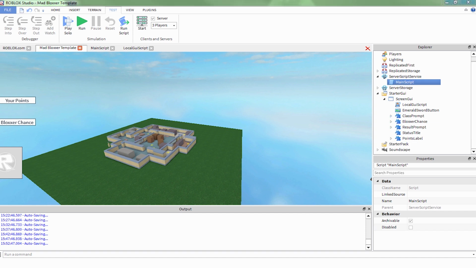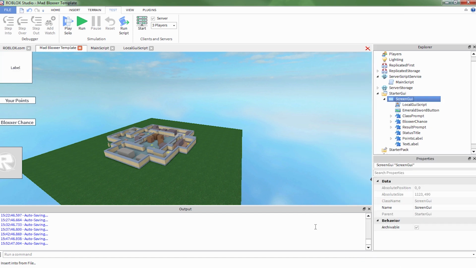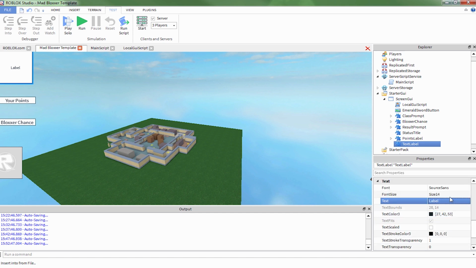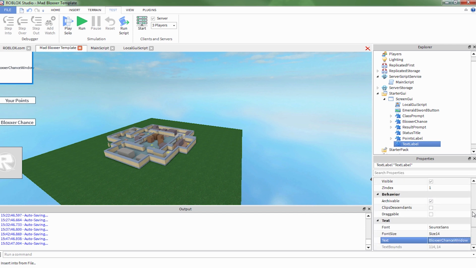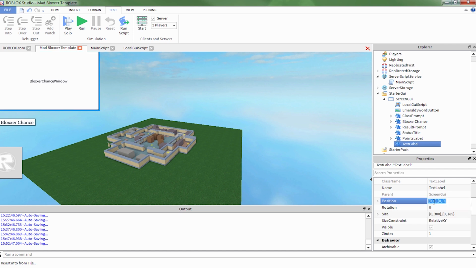We're going to be calling this the Bloxxer chance window. And it's going to be a text label. Bloxxer chance window. And this is going to be larger because it's a window. So we're going to make it 300 by 185. And we're going to want it in the center of the screen, so 0.5 here,